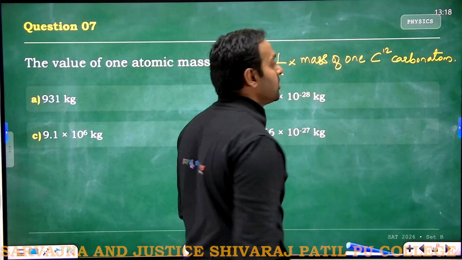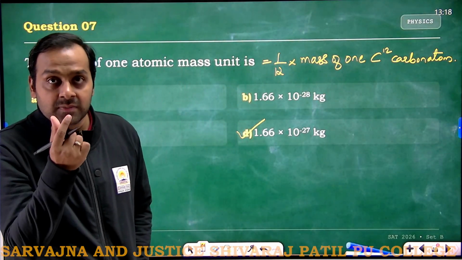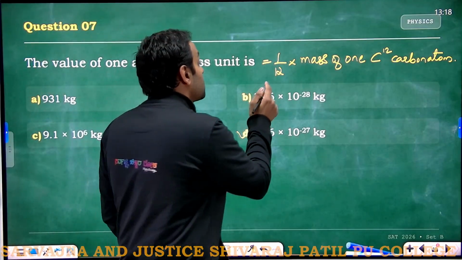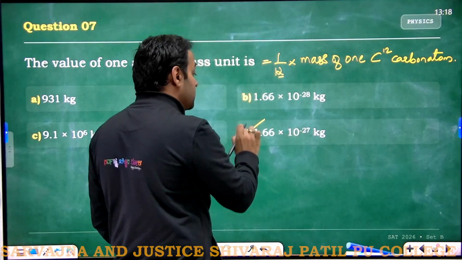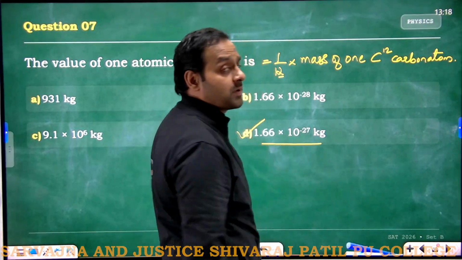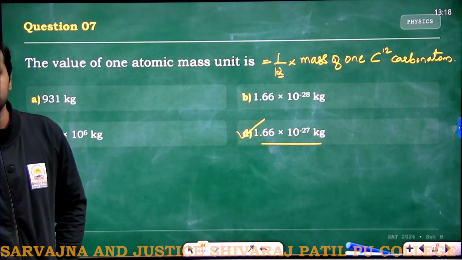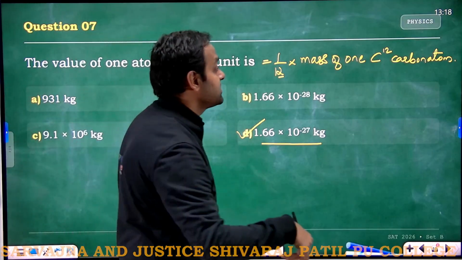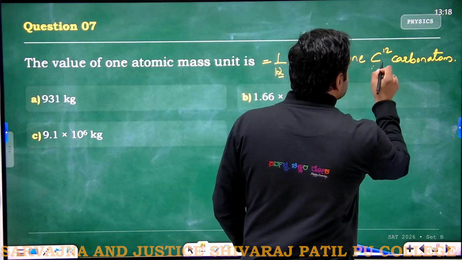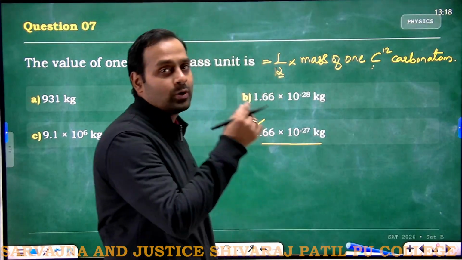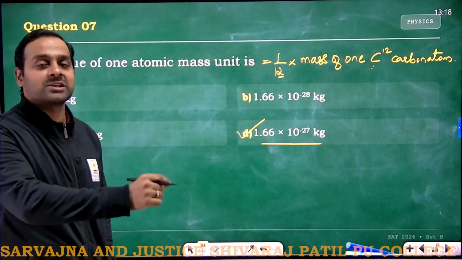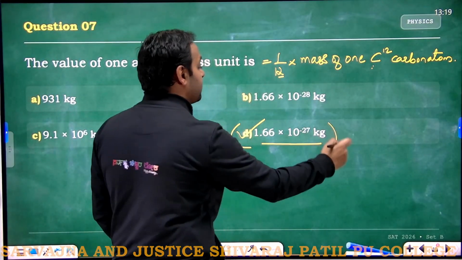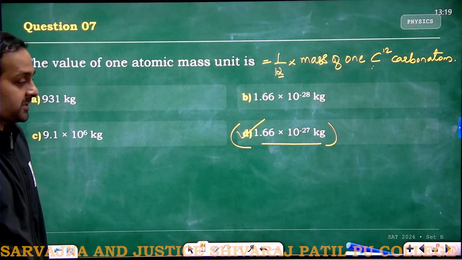Take one carbon atom, measure its mass, and if we divide that mass by 12, whatever value comes, that value is called 1 atomic mass unit. And it should not be just any carbon, we have to take C12, this C12 isotope of carbon, measure the mass of that atom and divide by 12, and we will get the value of 1 atomic mass unit. Okay,